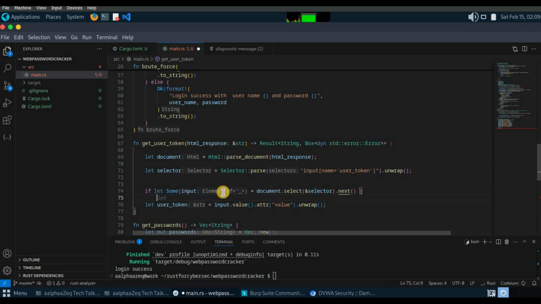So basically what it does is it verifies this expression, and if this expression has a return value, it checks whether it is a Some, like if it has a value, then that value is going to get assigned to this input. So after this